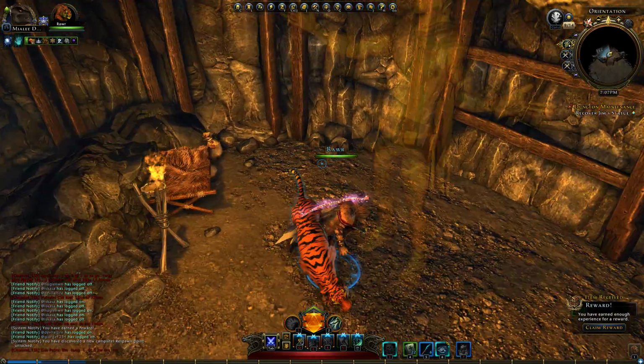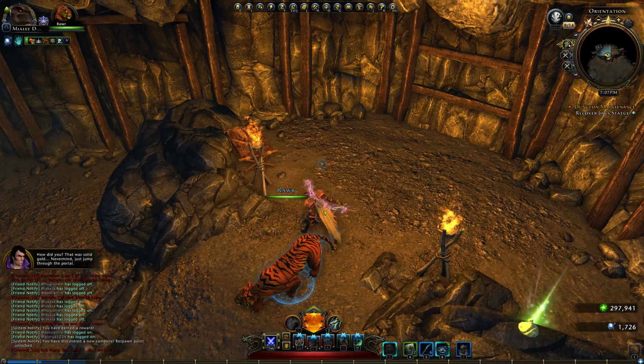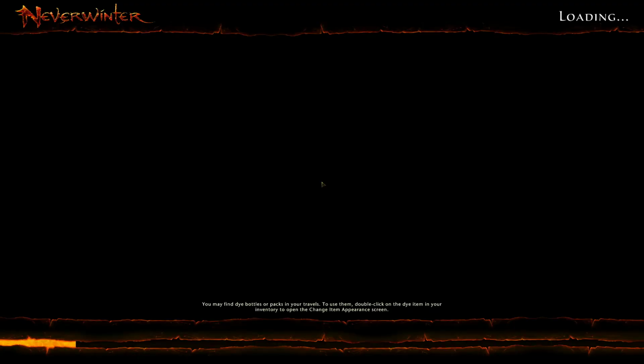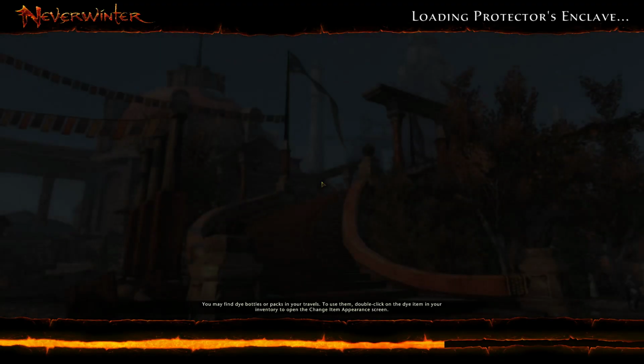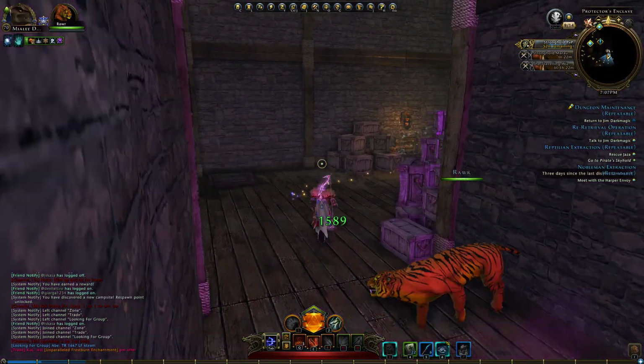At this point we have to wait for some more conversation. And when he's done, a portal appears and we can go out. That's the first weekly repeatable. Very quick. The next one is